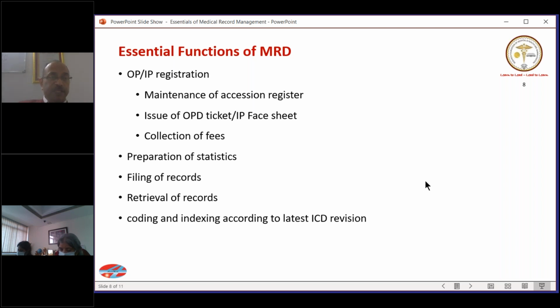We also need to have the coding and indexing according to the latest ICD version. ICD is the International Code of